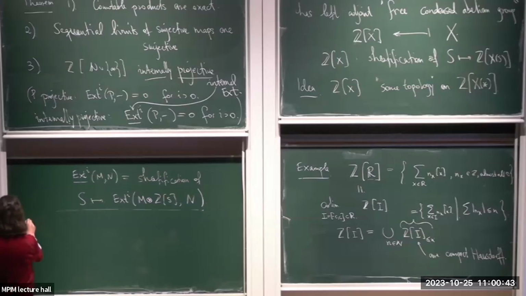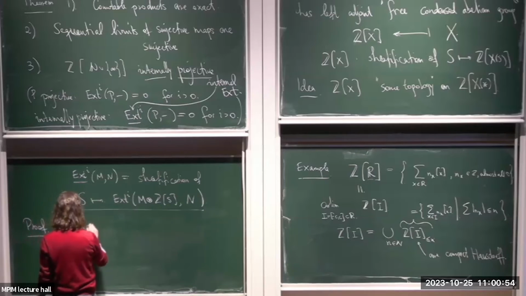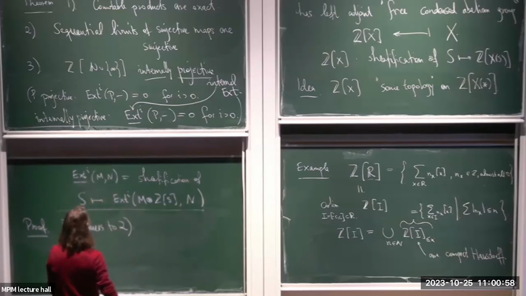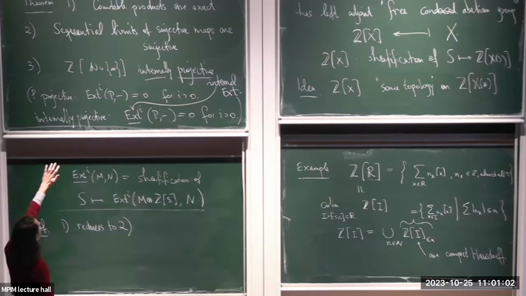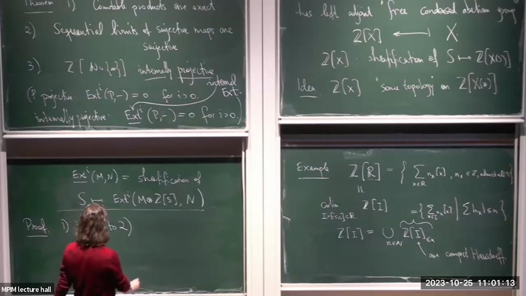Okay, so let me prove this actually. Let me first note that 1 reduces to 2. So taking products, the product of injective maps is always injective, and so on. The only thing that's not clear is that the countable product of surjectives is surjective. So we need